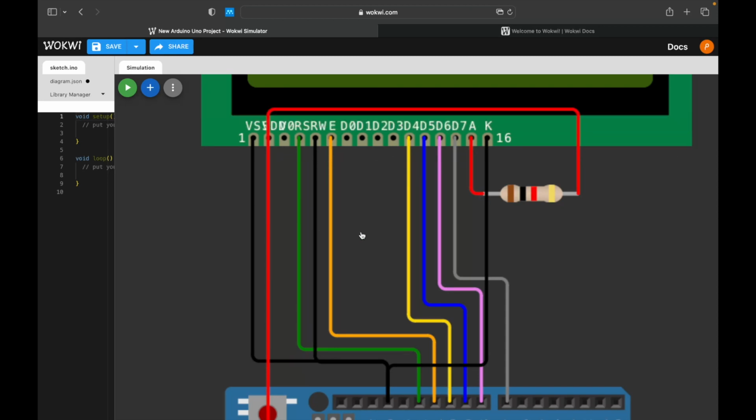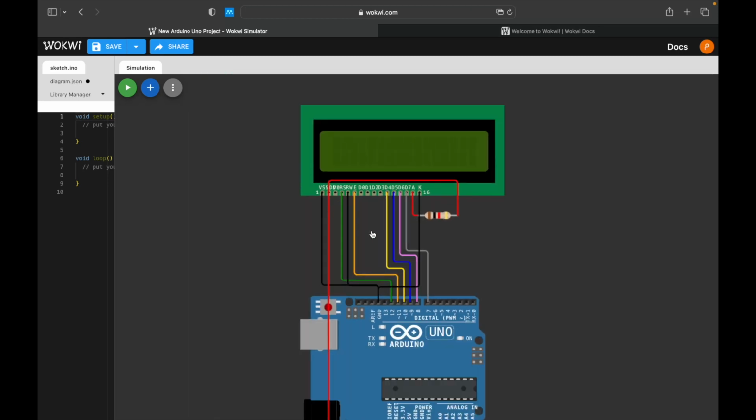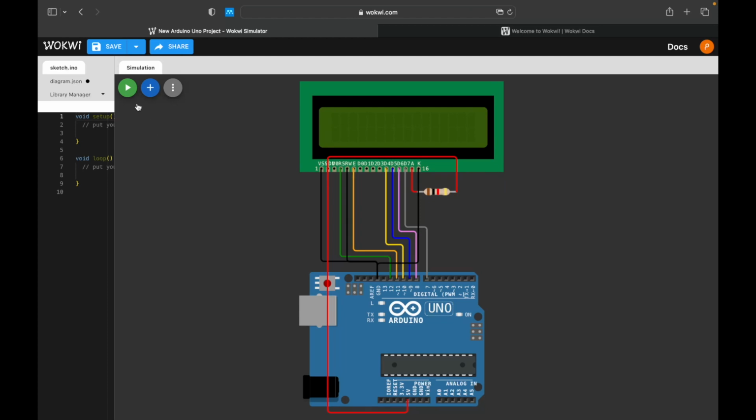Ensure you connect the correct power and ground pins, and also connect the data pins to the corresponding digital pins